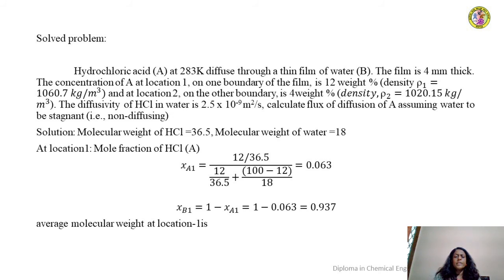Okay. So here, to calculate the average molar concentration, we require the molecular weights of the two components. So let us first take the molecular weight of one component, that is HCl. Molecular weight is 36.5, and the molecular weight of water, we know that it's 18. Then the average molecular weight of the mixture at location 1, that is on the first boundary of the water film,